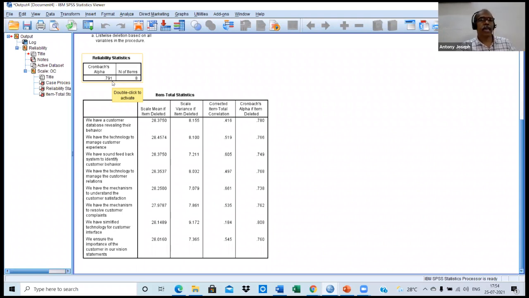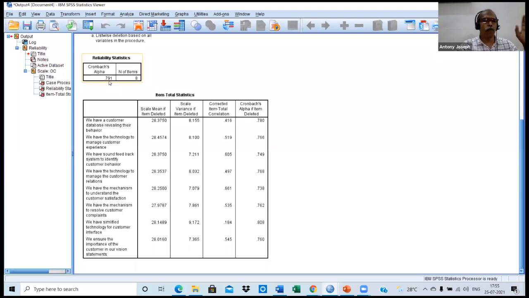That indicates that this scale is good, but we can't exactly say that the scale as such can be applied. You have to look at the Cronbach alpha if item deleted. You find whether there is any item with Cronbach alpha greater than this 0.791. This 0.791 is the reliability of this scale, that is, of organizational capabilities.